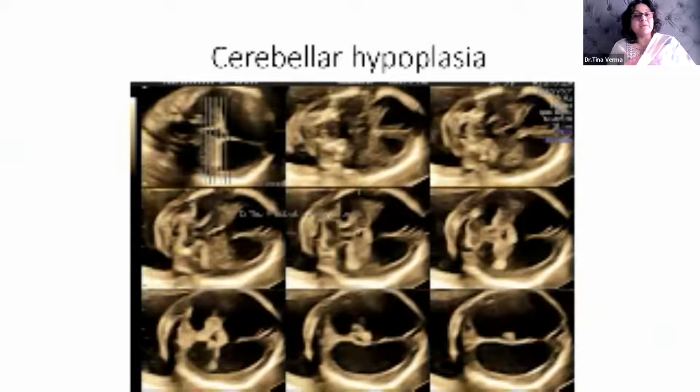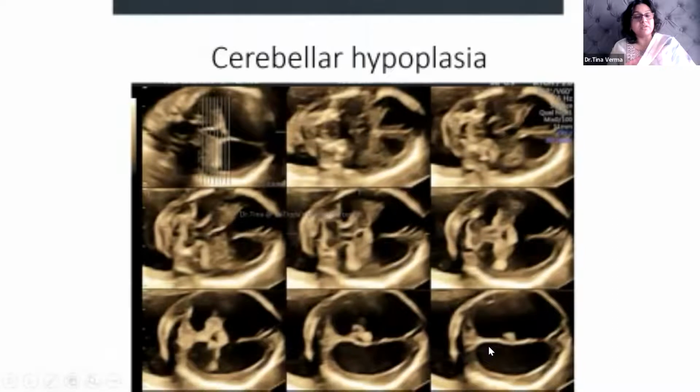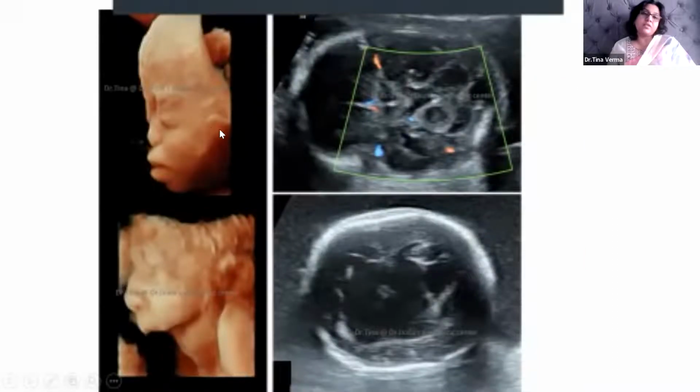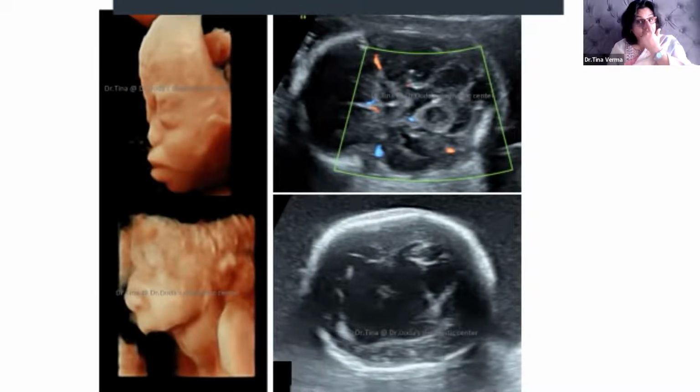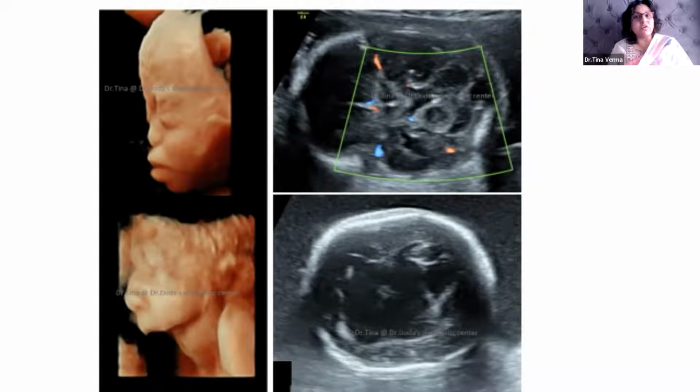Cerebellar hypoplasia can be diagnosed by measuring the cerebellum and looking into the other features of the ventricles and interhemispheric fissure. Now, this is an interesting case. This was a case which was referred and was showing a normal level 2 scan elsewhere. Somehow, our geneticist thought that no, because the previous baby was having a Binder's facies and the mother was on mechanical valve replacement on high doses of warfarin, she referred for a level 2 scan again, and I found that